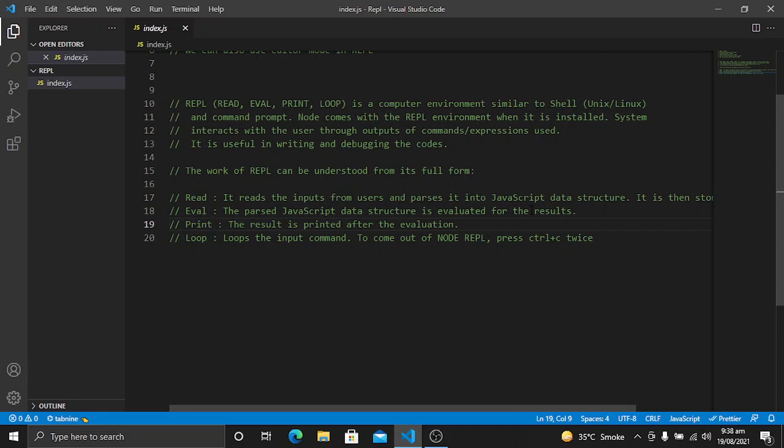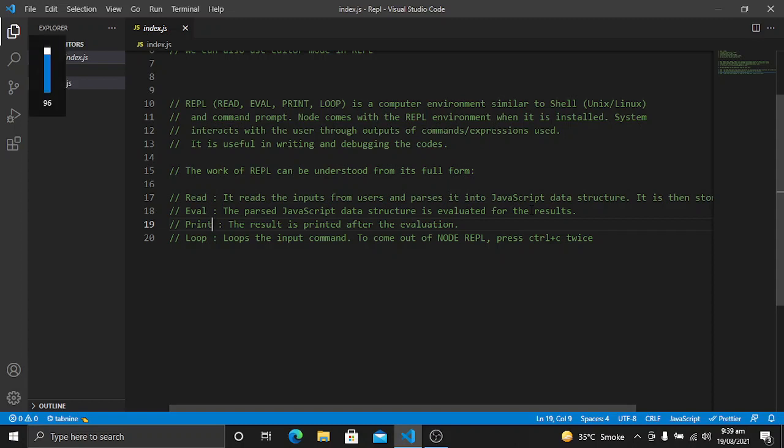The next step is loop. It loops the input command. To come out of the Node REPL, press Ctrl C twice. So if you want to come out of the editor mode or from the REPL environment, we will press Ctrl C twice.